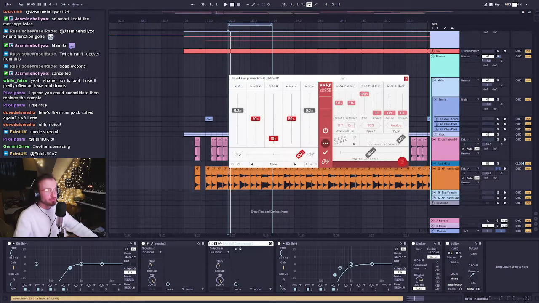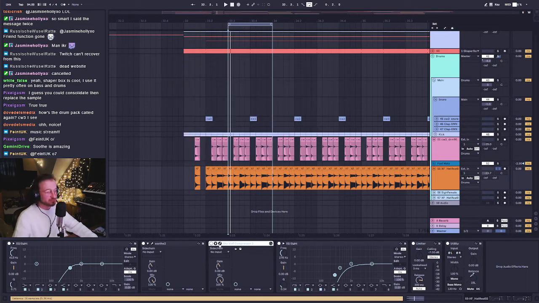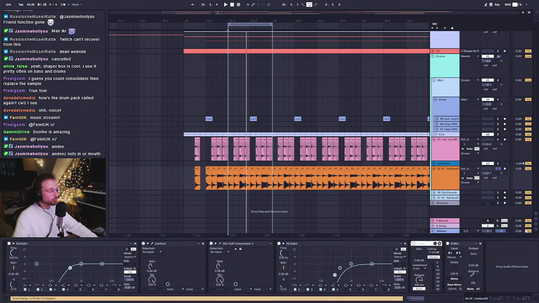That's running through Valve Compressor. Just standard. It's literally the default preset. I don't know why it's running through an EQ again, to be honest, but maybe there was some low end that I wanted to get rid of. Running through a limiter just to limit those transient peaks just a tiny bit,